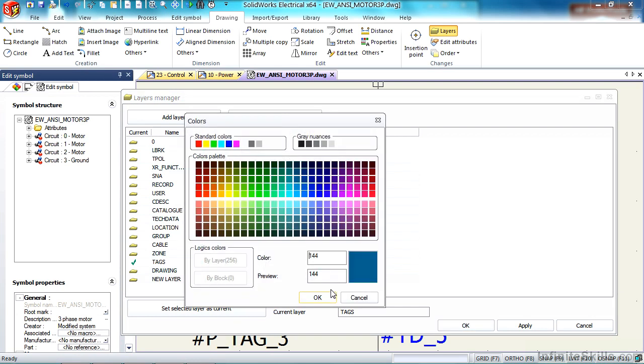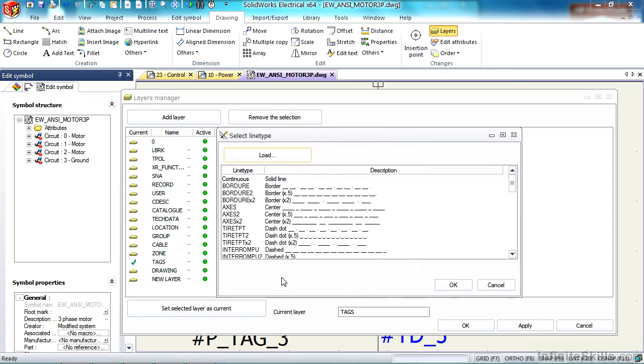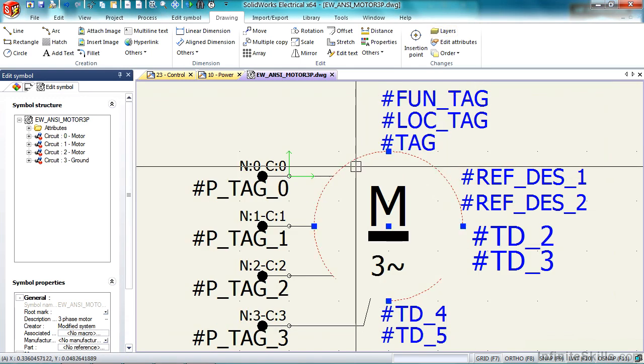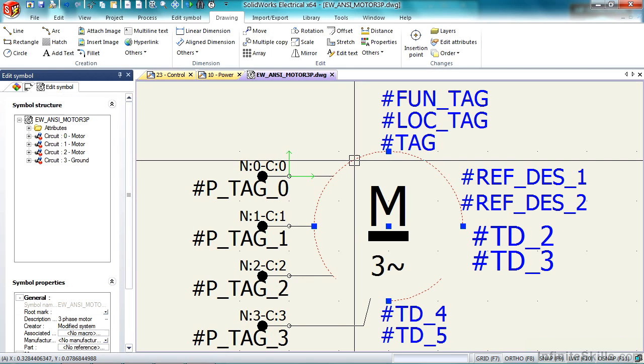The color can be set. The line type can also be set. And whether it's printed or not can also be set. Finally, notice that you can set something as the current layer for all future objects. I will apply and OK this, and I'm going to change the properties of this circle by right-clicking on it